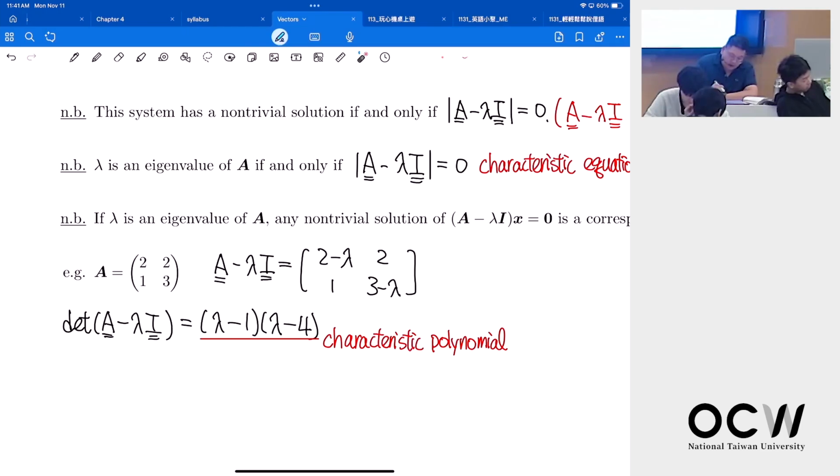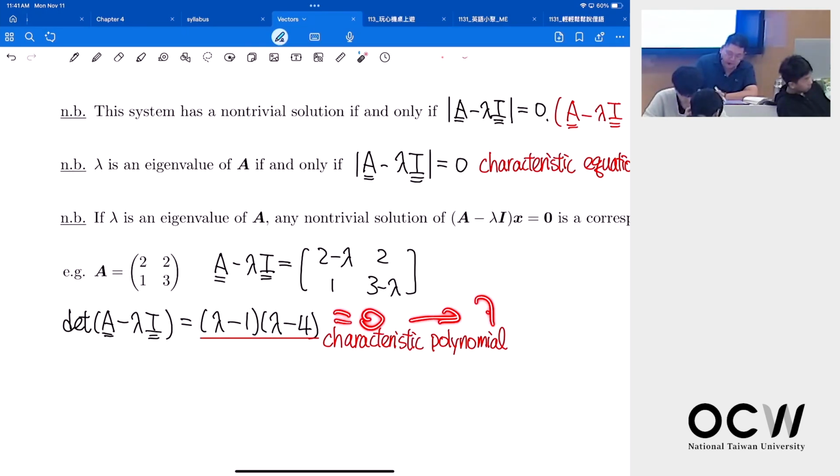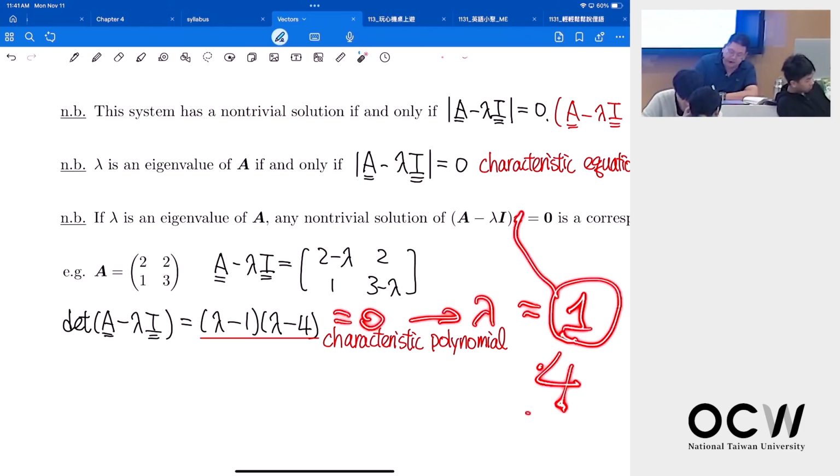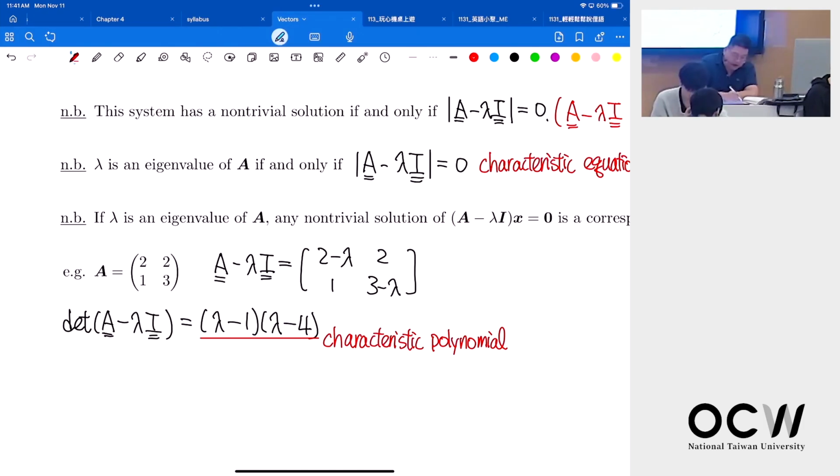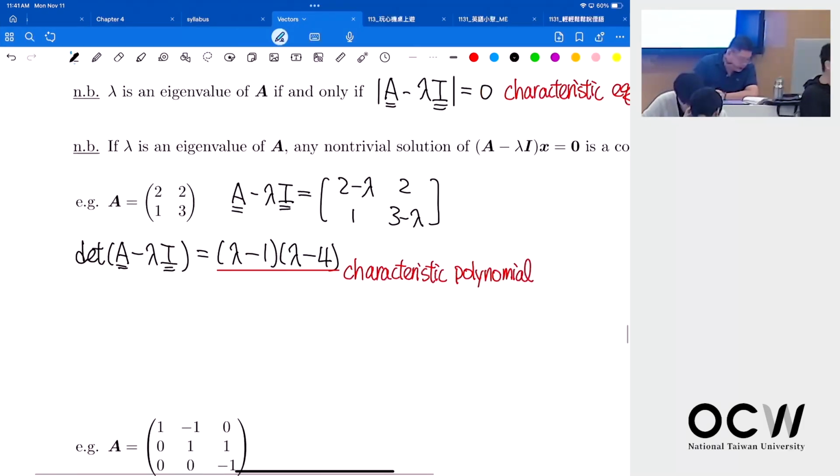So when this equals 0, what do I have? Lambda could be 1 and 4. Right. So when lambda is 1, that is the eigenvalue, and then I should have a corresponding eigenvector x. When lambda equals 4, I also have a corresponding eigenvector x. They are different. So first, when lambda equals 1,